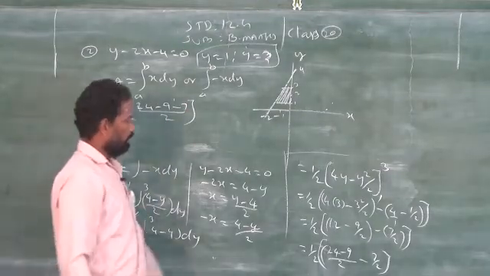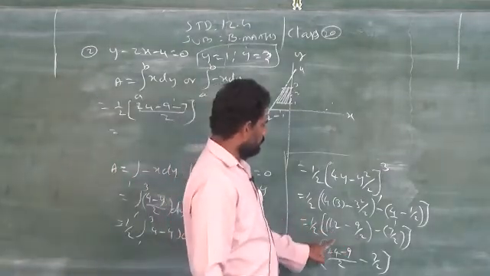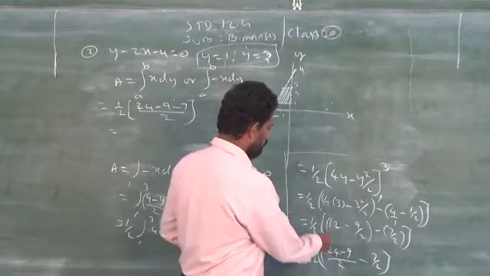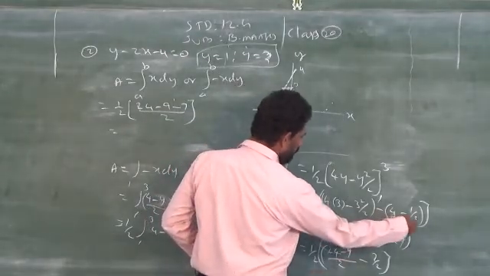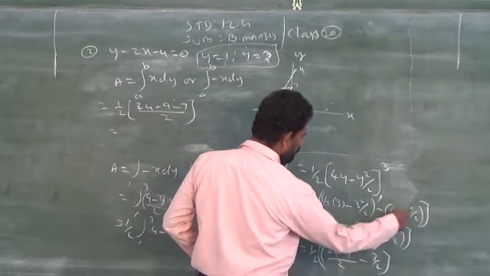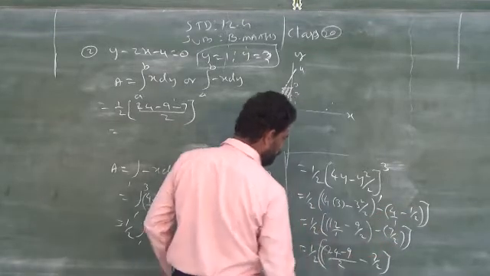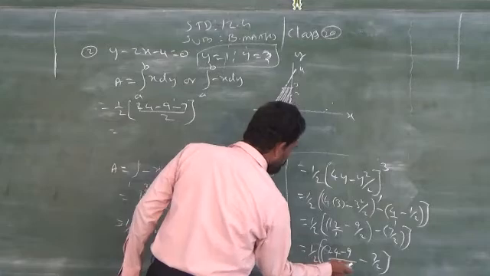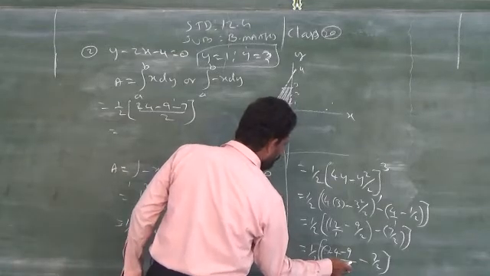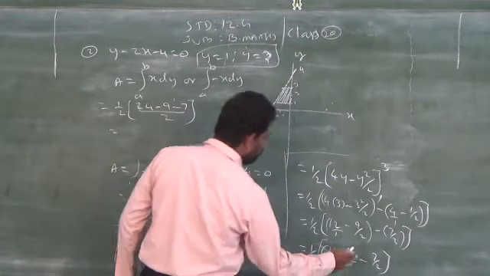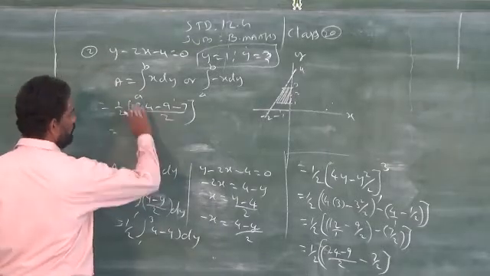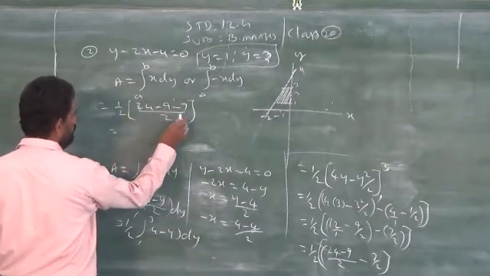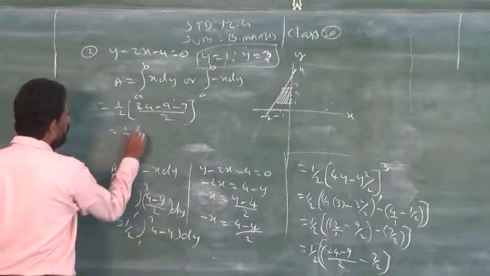Simplify. Clear? 12 2s are 24 by 1, 1 9 is 9. This already we got 8 minus 1, 7 by 2, that is minus 7 by 2. Denominators are same. Therefore, you have to just add or subtract in the numerators when the denominators are same. Simplify, what will be the answer?